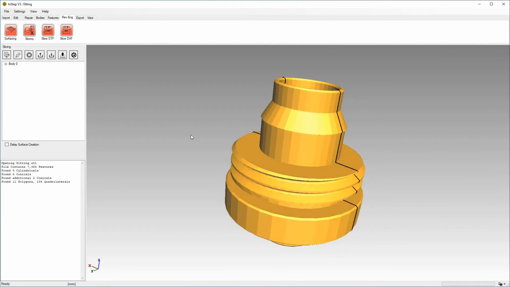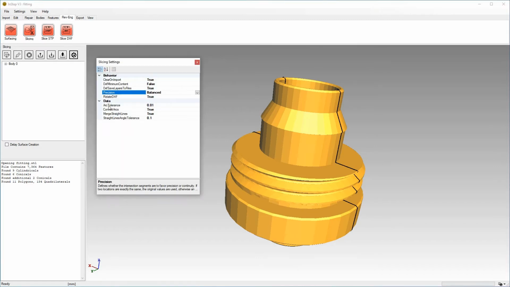If we're happy with that data, we can either export it to a step file, in which case it will create a set of polygons that go through the intersection, or more likely we can do an export to a DXF file. For the DXF files, there are a few options available under the settings. A few to point out are that we can turn on or off whether or not we want it to try to find arcs, and whether or not we want it to combine continuous lines into one. And we have several tolerance options that we can apply for that as well.